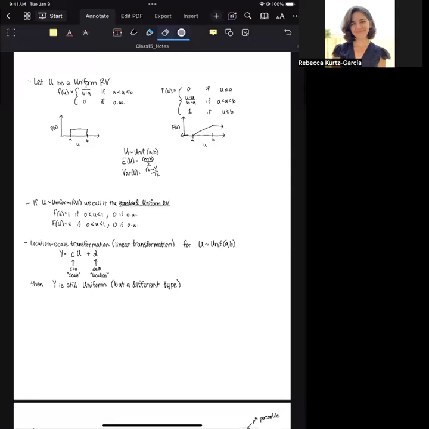Hi everyone, this is a quick video on the uniform random variables. Now there's two types of uniform random variables. There's the discrete type and the continuous type. In the discrete type of random variable, we have a set of values that are all equally likely, and it's a discrete finite set. In contrast, a continuous uniform random variable has a range of values,